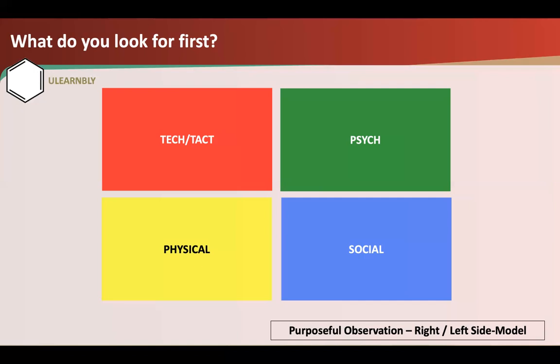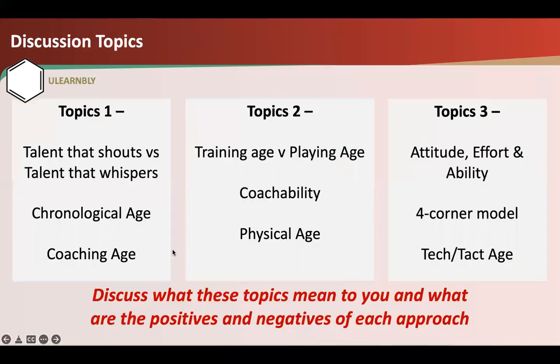And when you're trying to look at this and answer this question, it's important, because the role of our job is identifying talent, whether a coach, a scout, whatever term we may use. How purposeful are we in our observation? And does your observation tend to lean more towards the right side or the left side of this model, which is key. Here are some discussion topics that I would encourage you to explore again in more detail. And you could do this as part of a CPD. You could do this with some of your coaches in your club. You could do this on your own.